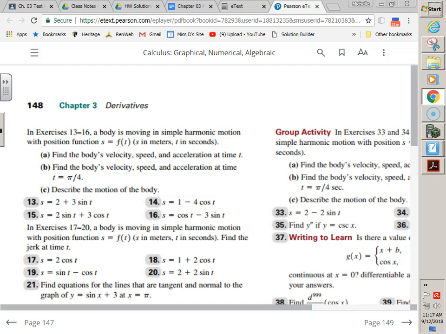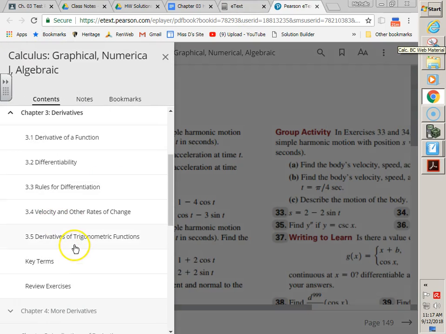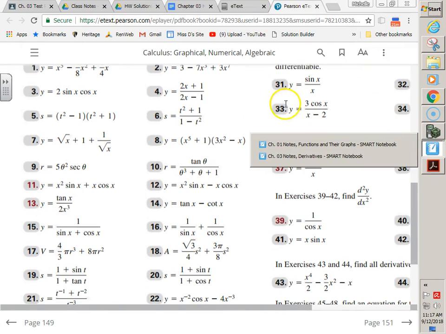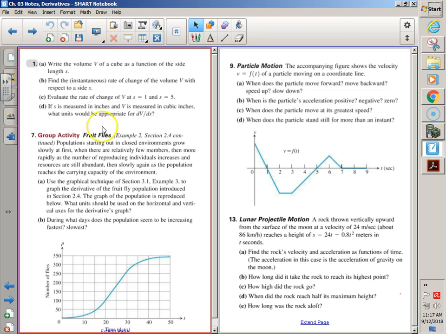Okay, are we done with questions on 3.4 and 3.5? Okay. So test review, we have that ready to go. I just took it away, and I'm sorry about that. Not many of you have your books, although some of you might. Let me go ahead and grab the review exercises. In our notes for Chapter 3, I technically have,